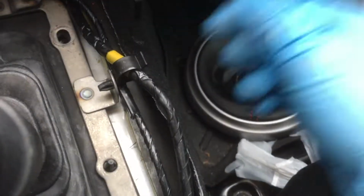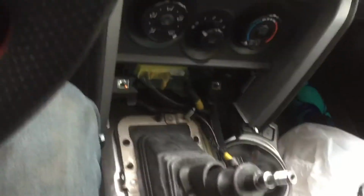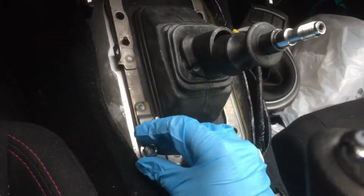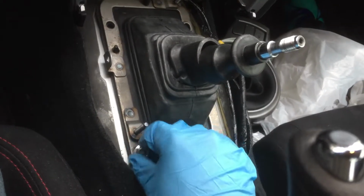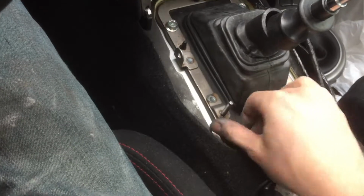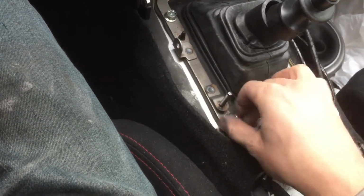This piece just slides right through there, just like before, how you took it off. And then you get your 12mm screws, your 12mm bolts, I should say. And those just go on all four corners. Alright, so now that you're done with that, you can tighten these screws down. And just a little